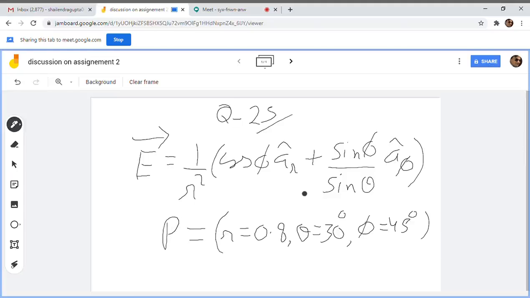So any point will have its r coordinate, theta coordinate, and phi coordinate, because this is in spherical coordinate system. So exactly, if you want to calculate the electric field at that point, you need to put all these coordinate values in the field equation. So just put this r in here, theta in here, and phi in here and here. Okay, you will get your electric field.